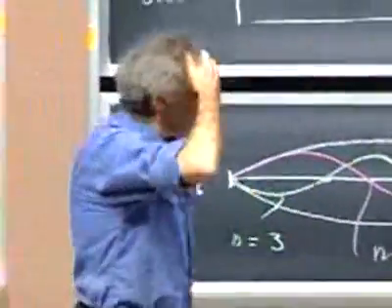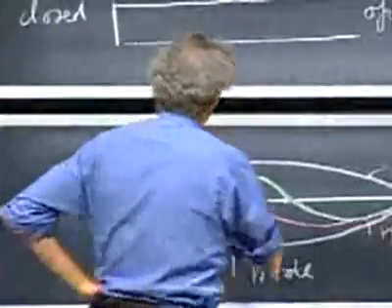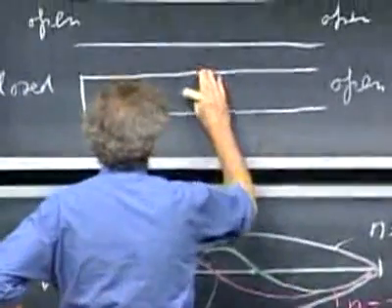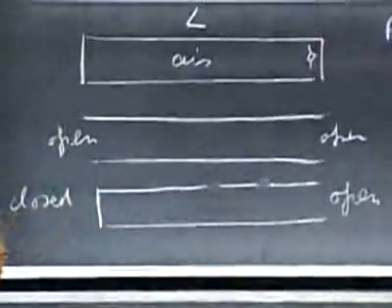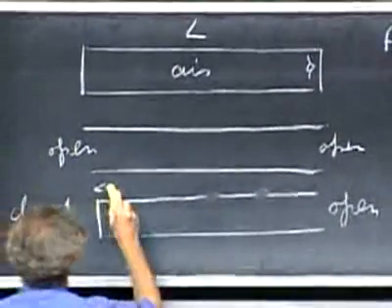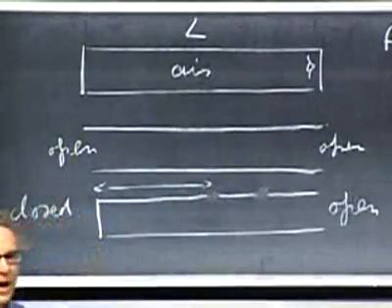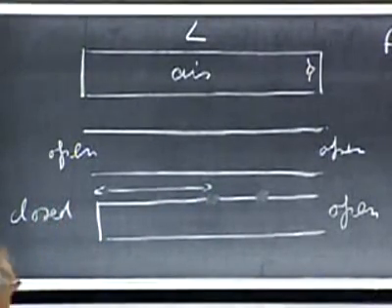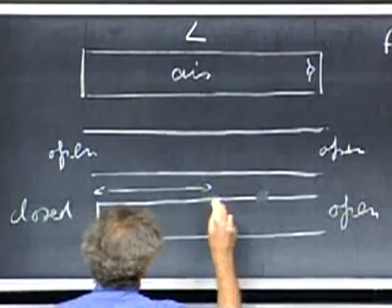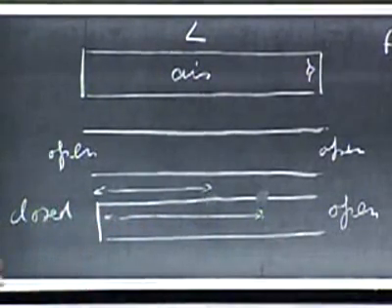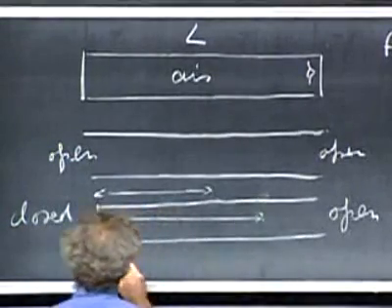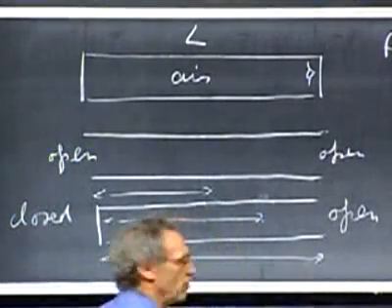If you play a flute, then you do the following. You make holes in here. And when you take your fingers off both holes, then the effective length of the flute is this long. You get a high tone. If you put your finger on this one, then the effective length of the flute is this long. You get a lower tone. If you put your finger on both, the effective length of the flute is this long, and you get an